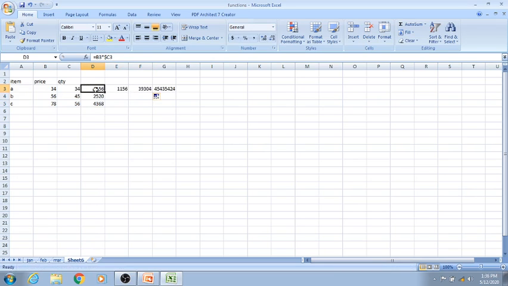See, this is cell B3 into C3, B4 into C4, B5 into C5. The row is now changing from 3 to 4 to 5. Now come this side. It is C3 into C3, D3 into C3, E3 into F3. Now you can see that the column is changing. It is becoming D, E, F. Why? Because I have not fixed the column. I have only fixed the row. So the row will not change.